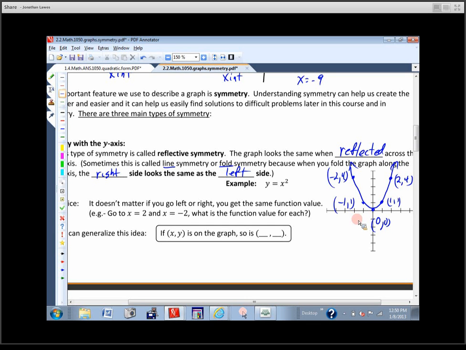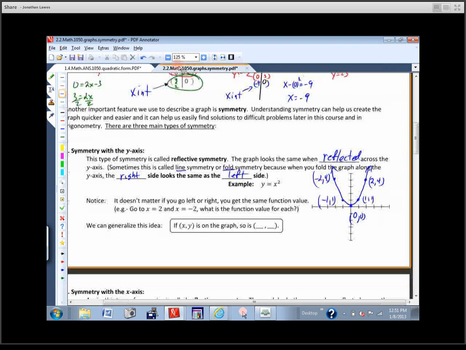I get a 9. Isn't that the same thing as if I plug in a negative 3? So it doesn't matter whether I go right or left, I still get the exact same function value. Okay, that's what we get when we have a graph that's symmetric with the y-axis. Now, we're going to generalize this idea by writing down a quick little rule that's going to come